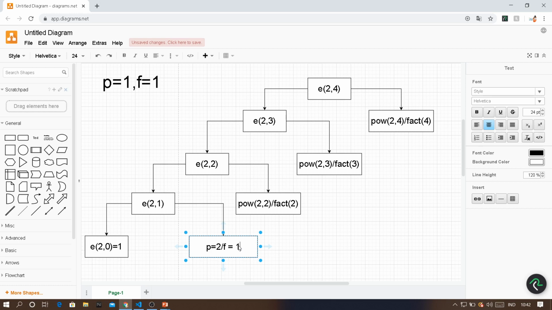Okay, fine. So now in the previous call also, I'm going to introduce the two variables called p and f. What is the previous value of p? 2. So this is 2 power 1, we are getting 2. Here we have to get 2 power 2. Already we are having the answer of 2 comma 1, so now we can multiply it again by 2. So again, p is equal to p multiplied by 2.